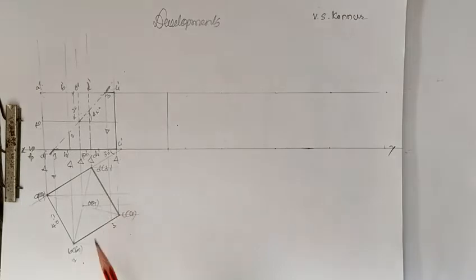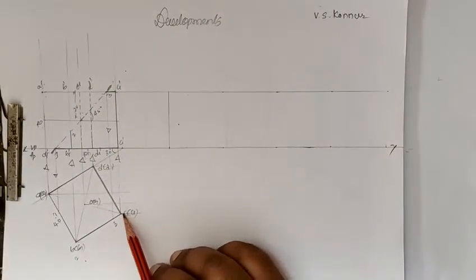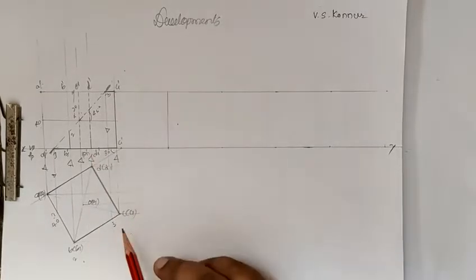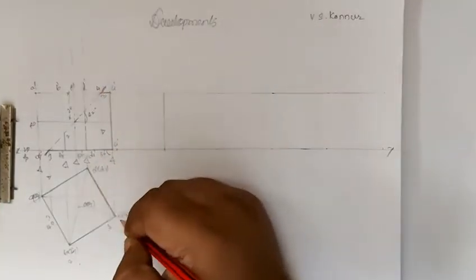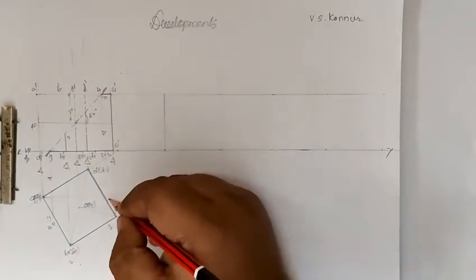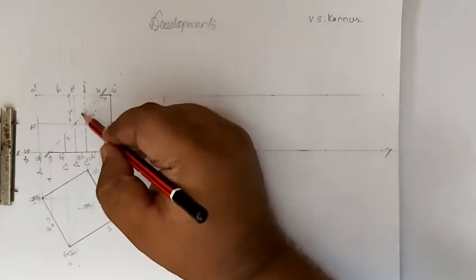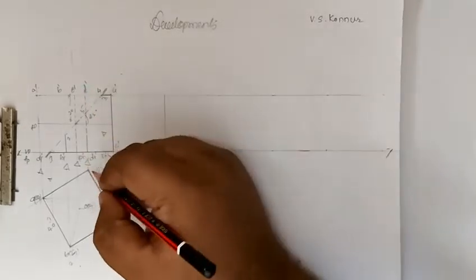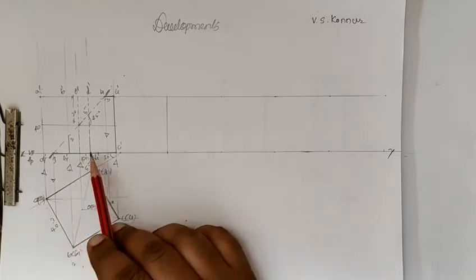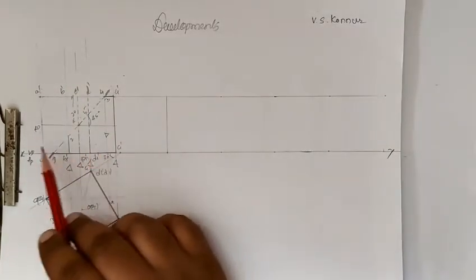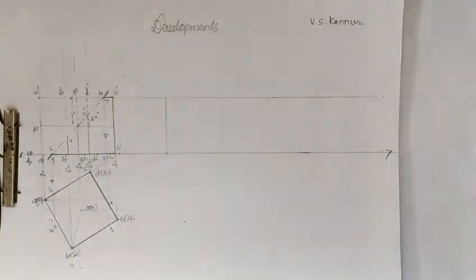Now, CC1 numbering, there is nothing. Then after CC1, C to D or C1 to D1. On C1 to D1 there is no cut, but on C to D there is a cut, so we'll give the fourth number. So the fourth is here, this point is called the fourth, right. Next go for DD1, there is a cut, so the fifth point on DD1. Next D to A or D1 to A1. On D to A there is no cut, on D1 to A1 that is the sixth point. This point is called the sixth point, right.